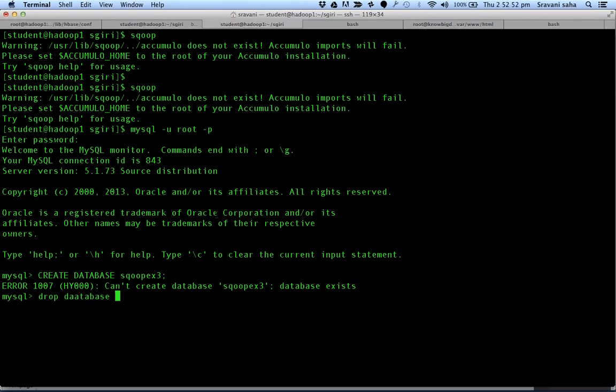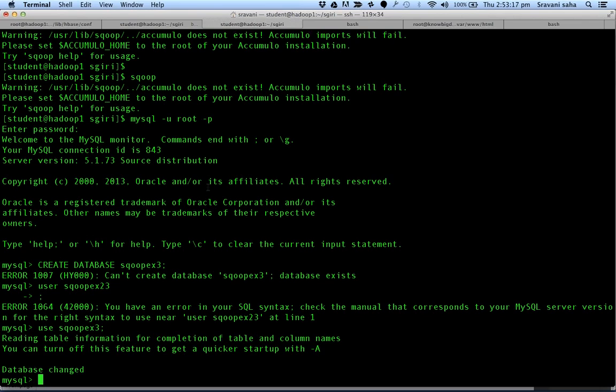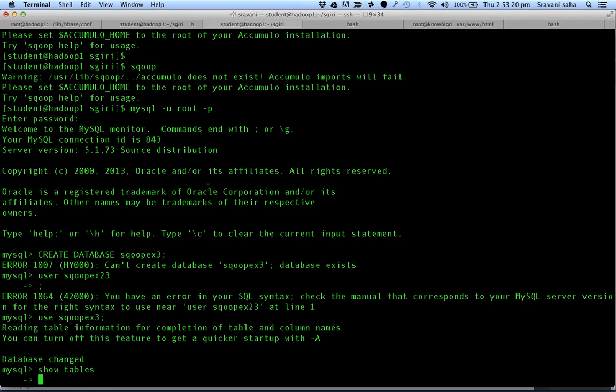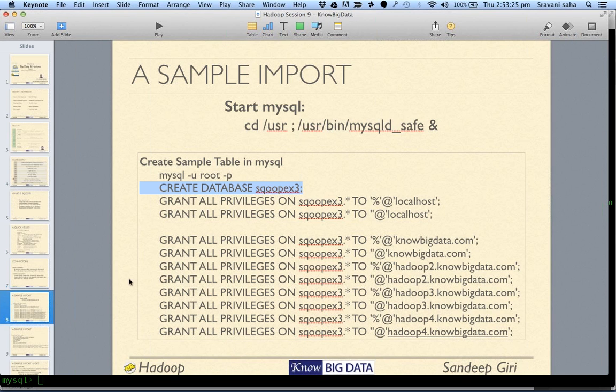Okay, or we can say, we have got this database already, sqoop ex3. Use sqoop ex3, show tables. Okay. Now in this, basically, if you're creating a fresh database,